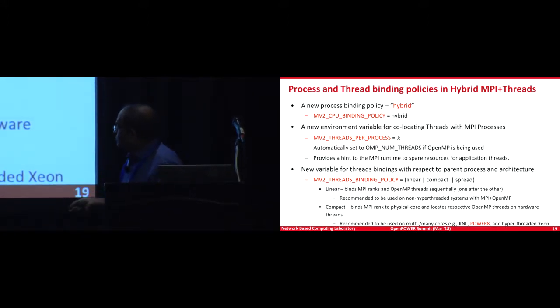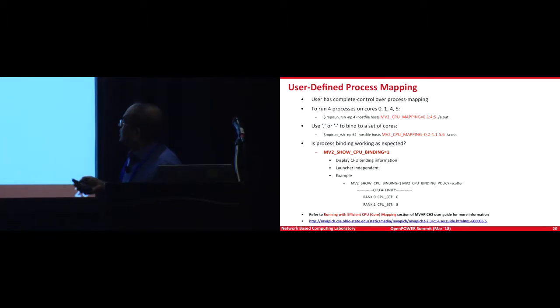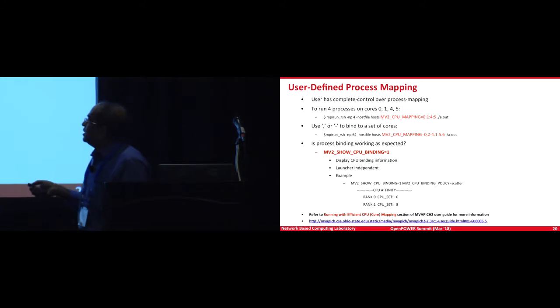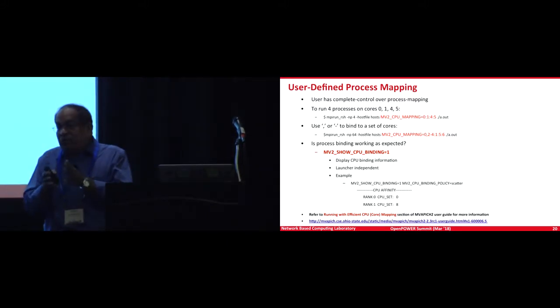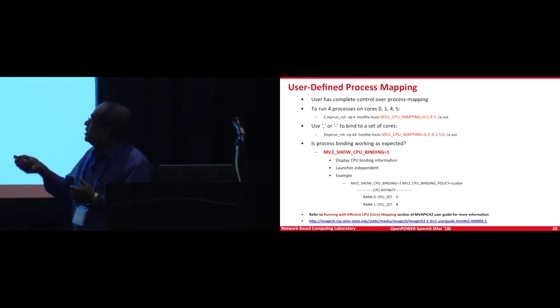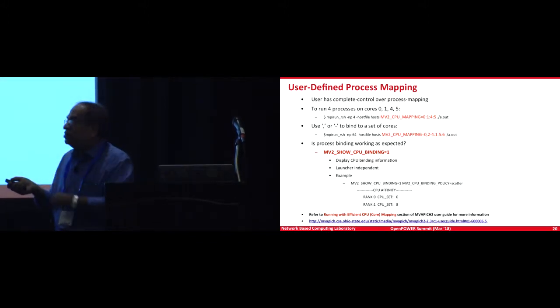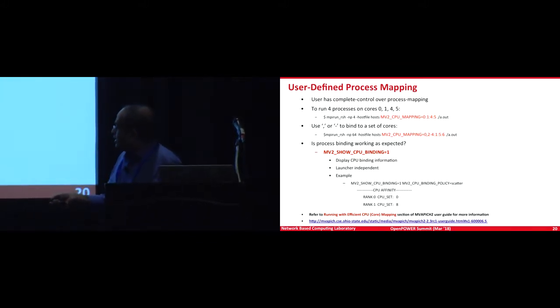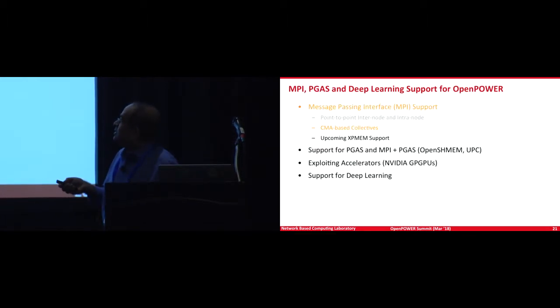And these kind of new schemes not only get used in Power 8, but also KNL and hyper-threaded Xeon kind of things. And those are the defaults. Of course, if you really want to squeeze performance and you know the communication patterns, you can also do your explicit binding. Very advanced users do that kind of stuff. You can explicitly say, okay, this process goes to this core, this core, this core. I'll just leave it here, and our user guide tells you all the details about what needs to be done.